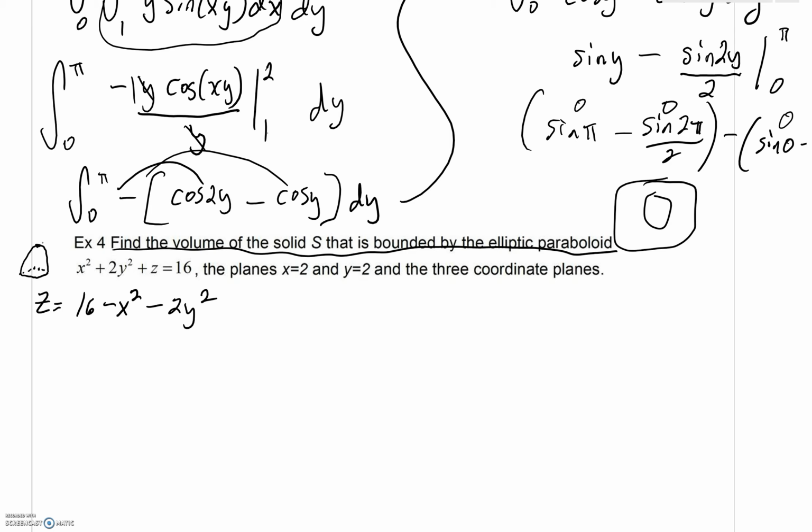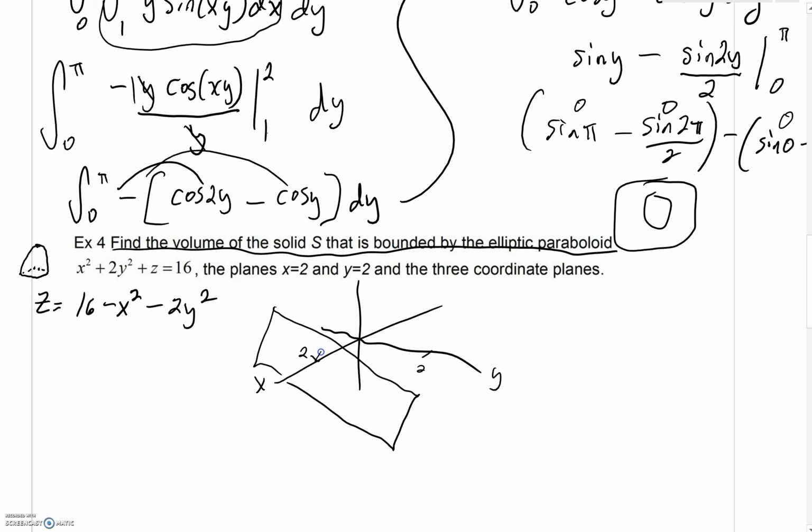But it's saying find the volume of this paraboloid bounded by the planes x equals 2, y equals 2, and the 3 coordinate planes. Well, just want to real quickly show you what would happen. If you had x equals 2 right here, if you had y equals 2 right here, of course we would have some planes going through those. And what's happening is then with the coordinate planes, that would be x equals 0, y equals 0, and